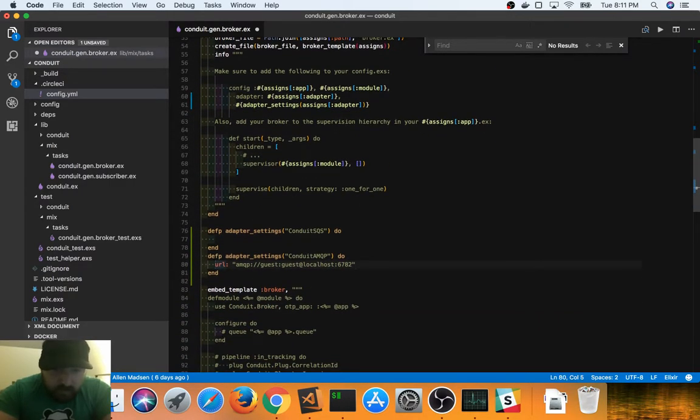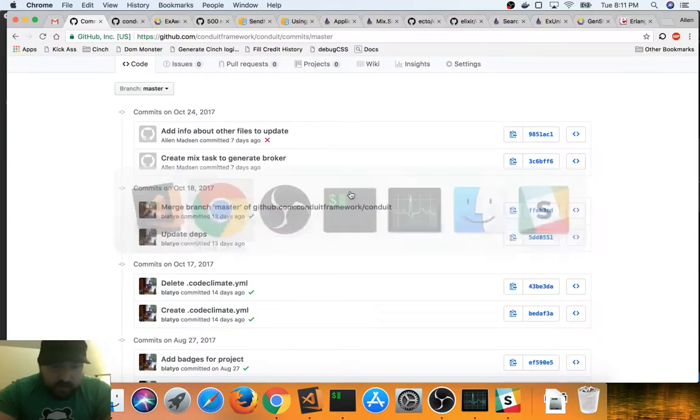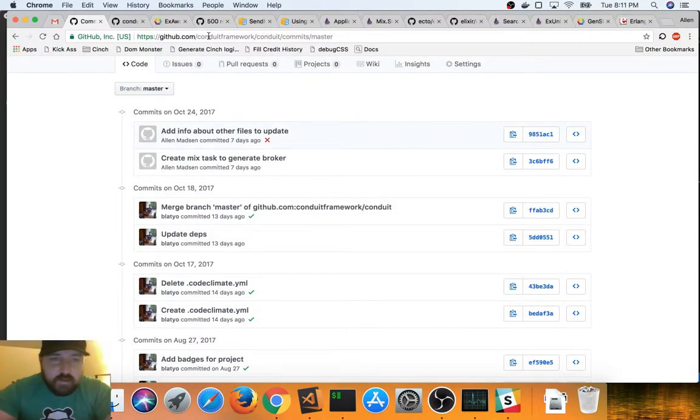Yeah, so we need to quote this, and let's just escape these. All right, and then for SQS, these are going to be a little bit more complicated. I actually want them to look a little bit like,